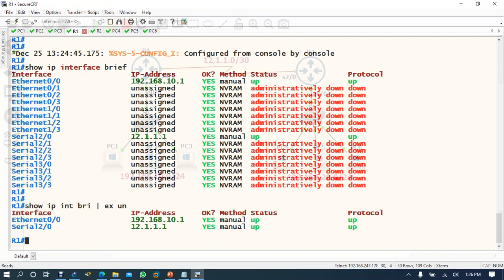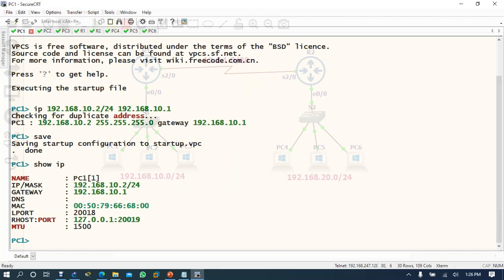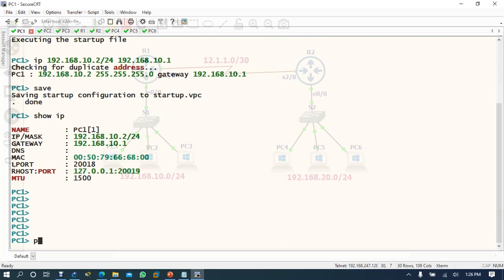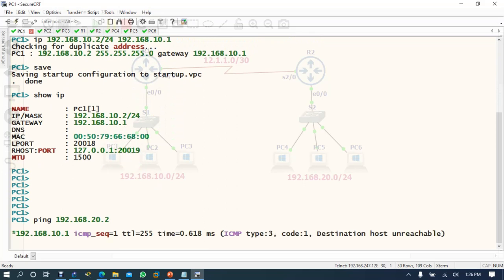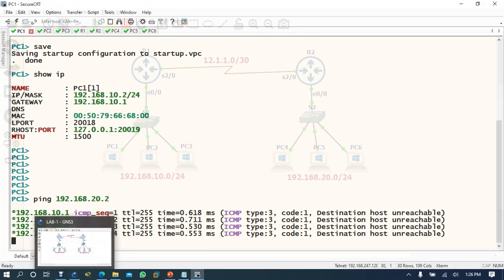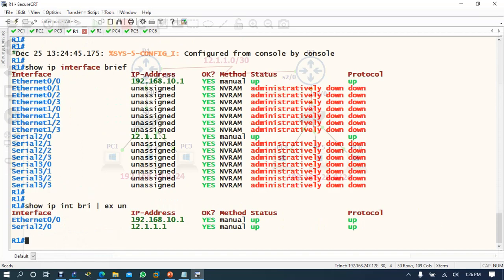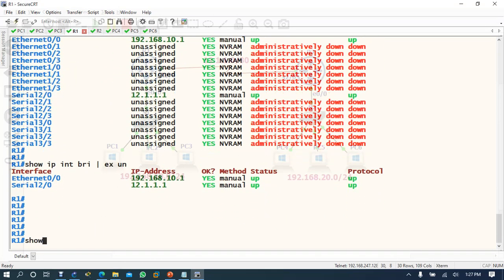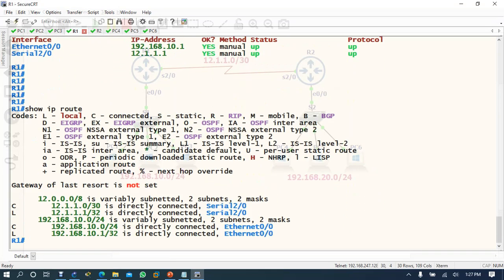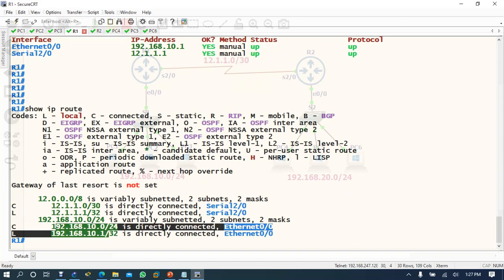And the PC and router IP address, how to verify, like this, right? You mean how to verify the router IP? Yes. So show ip. And how to verify the PC IP? But if you see here, if the PC wants to ping another network, 20.2, no communication, right? Destination host not reachable. Why? Because there is no routing. So if you come to router 1 to check why, and type show ip route, see, your router 1 does not know about 20. No, it's not. Yes. Okay.